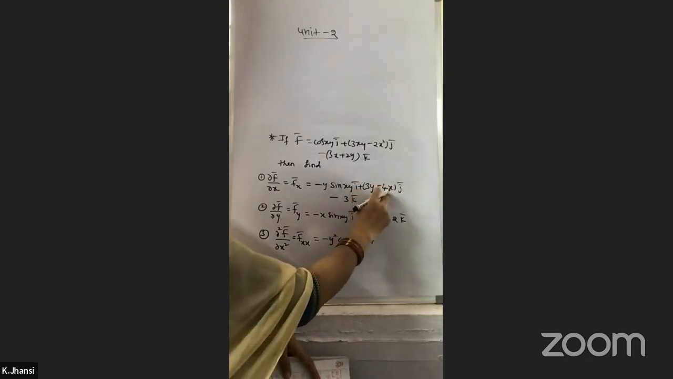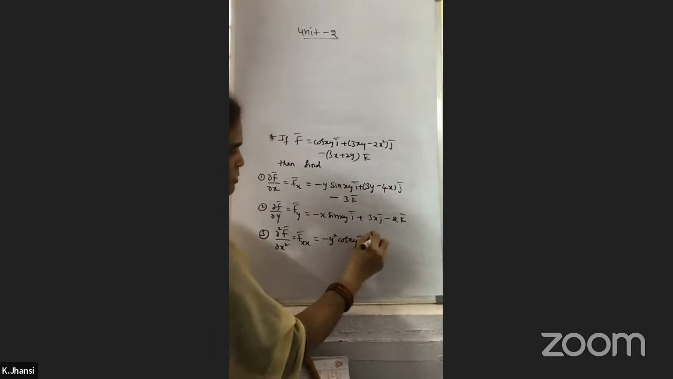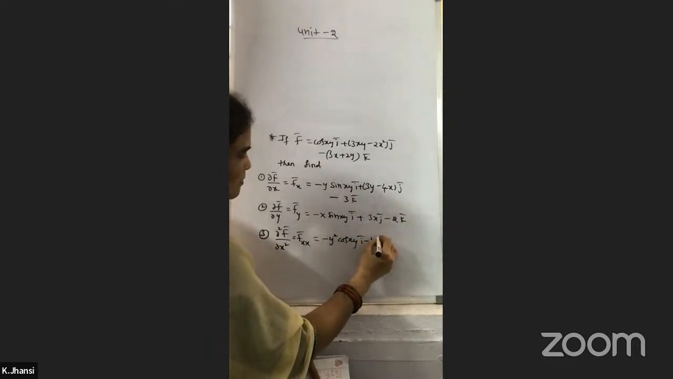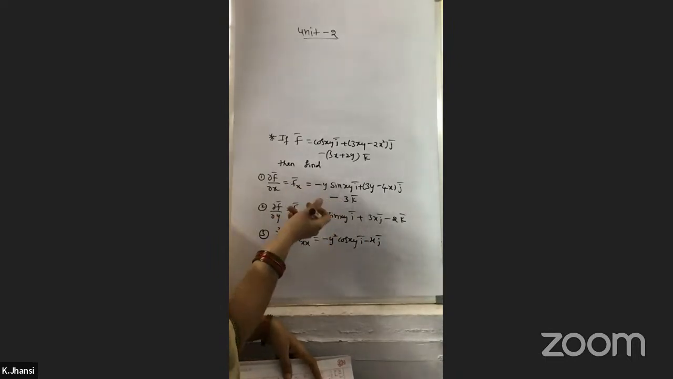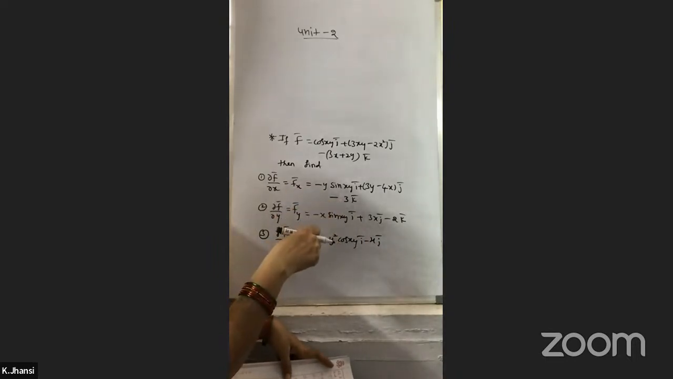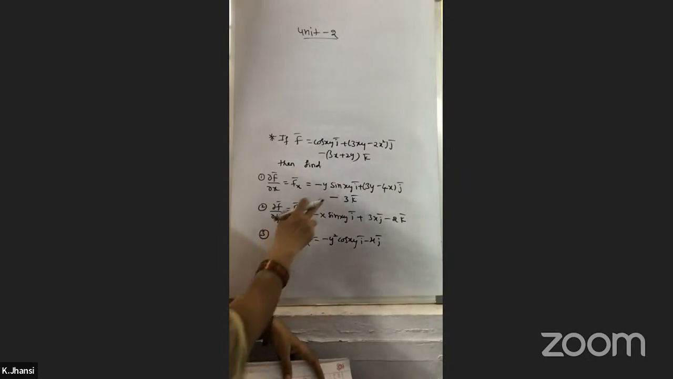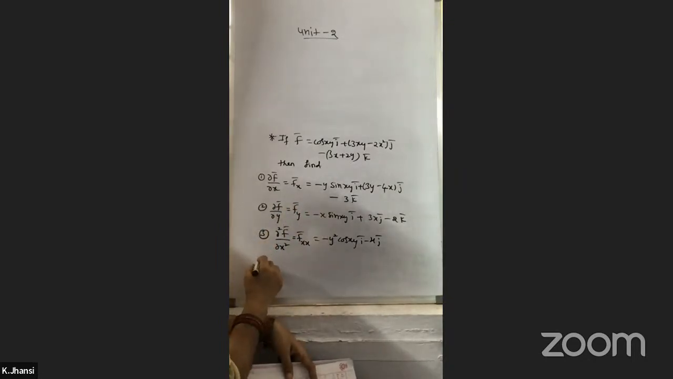So this is 0 and this is minus 4. So minus 4j. And here no variable, either x is not there or y is not there. So it will be constant. So that value is 0. Okay. So next fourth one is